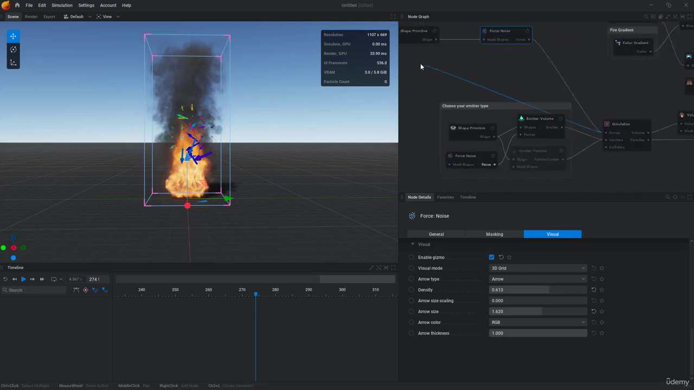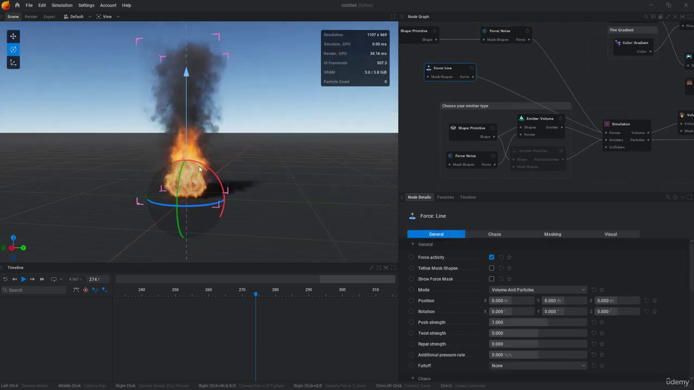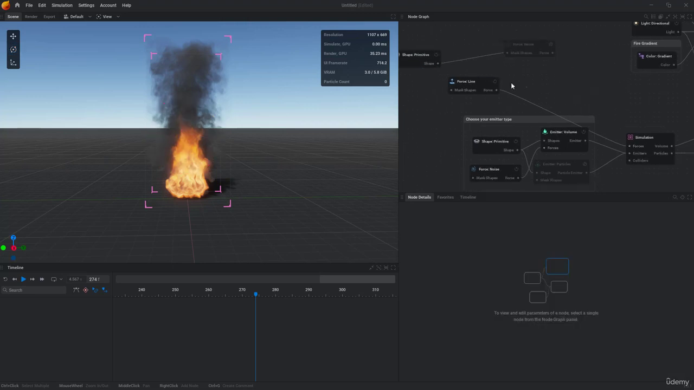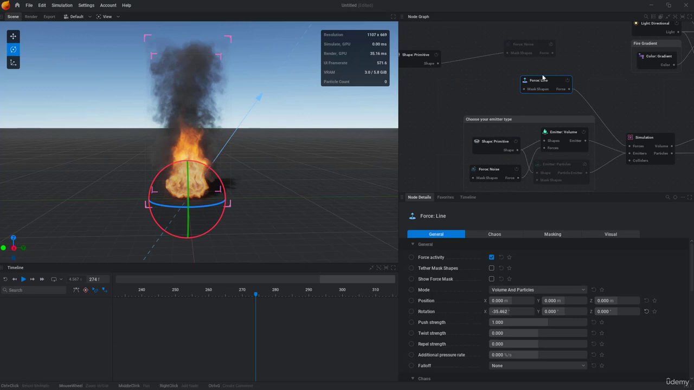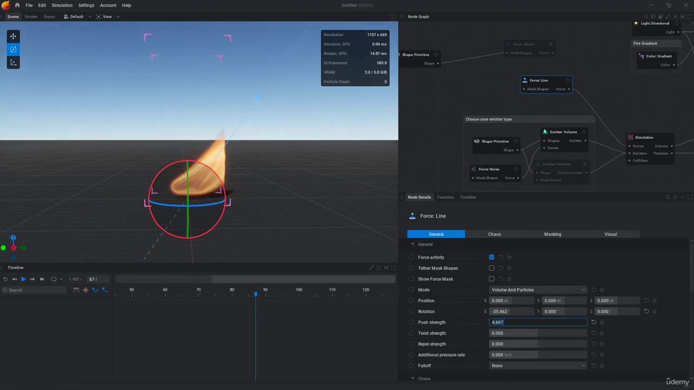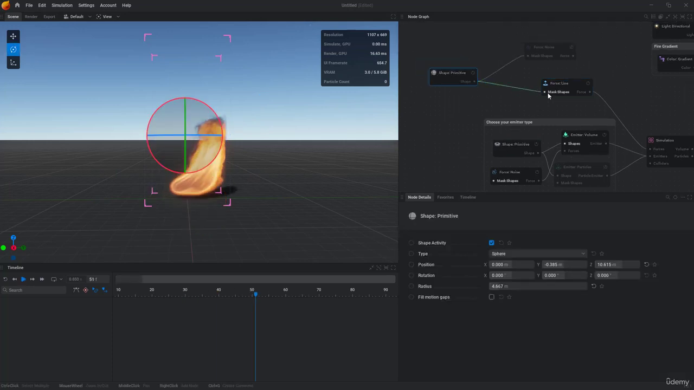And if I go ahead and apply another force, let's say line force, and I'm gonna rotate it somewhere there, and let's disable that, or let's disconnect it, and let's go to the push strength. So now the fire going to the right, I think it's so high. So now if I connect that there,